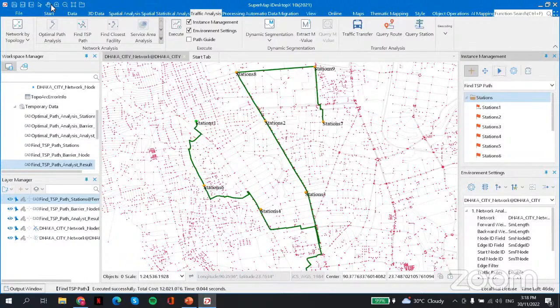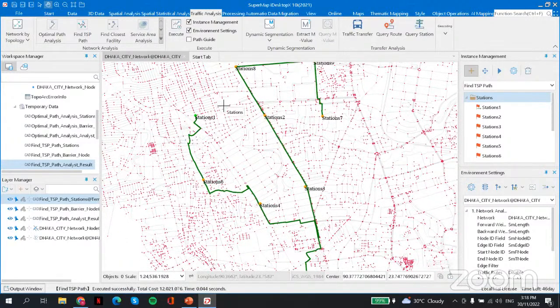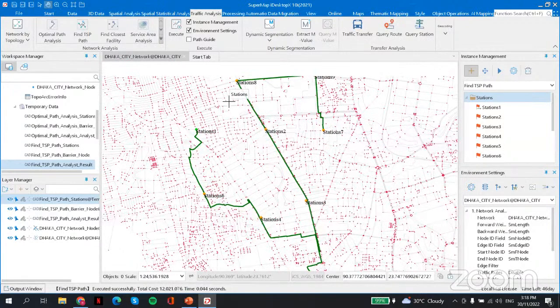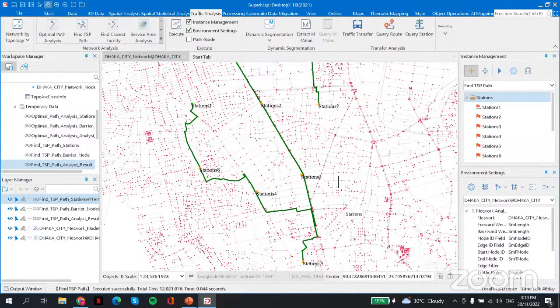And you can see that this analysis, which is TSP, didn't follow the previous analysis, which is optimal path analysis, where it goes from station 1 to station 2 and then station 3, but it goes from station 1 to station 6, station 4, which it goes to the closest or nearest, or lowest distance and lowest cost that it had.